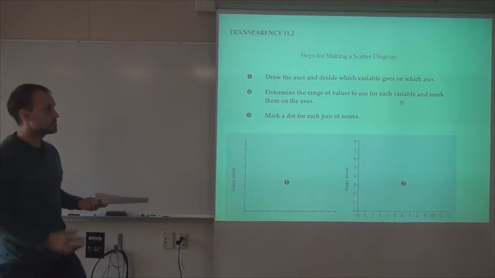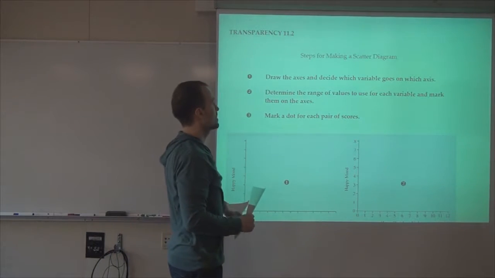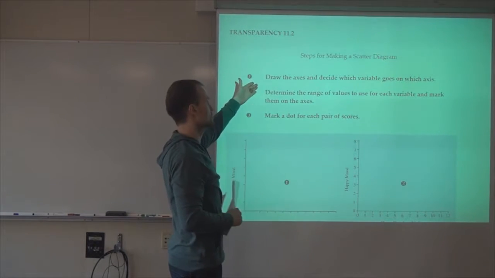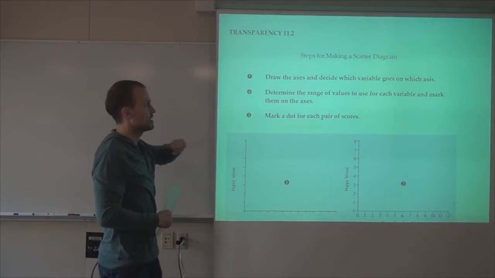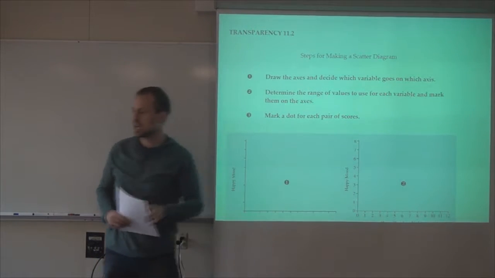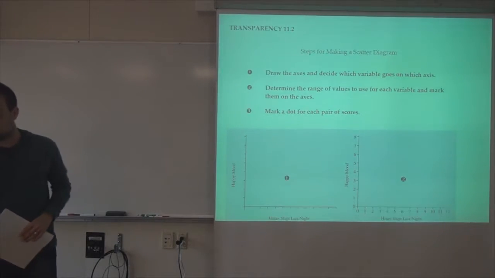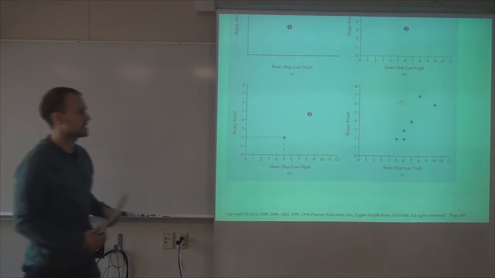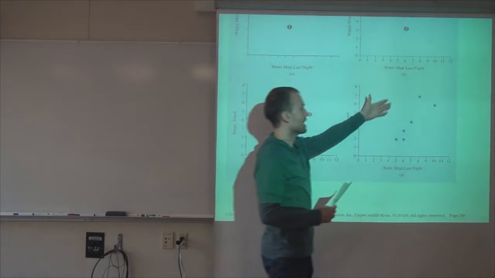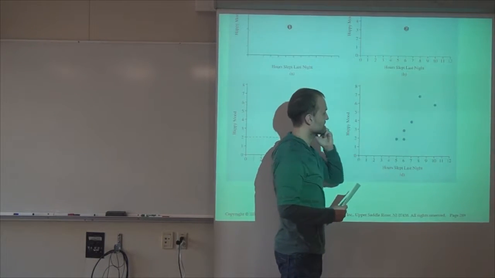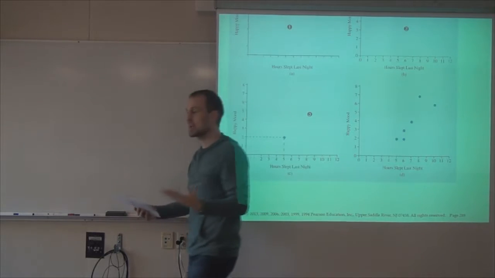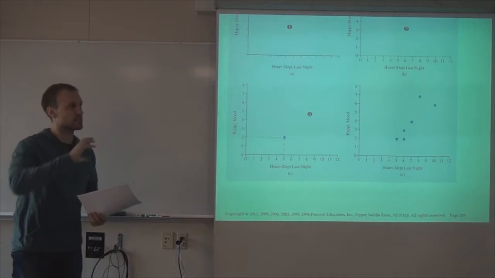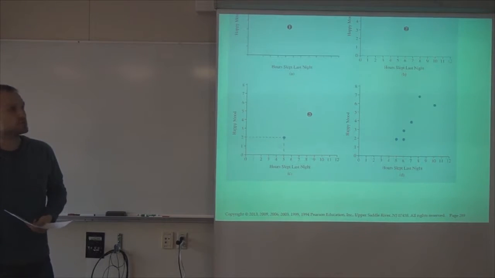So the first step is to make a scatter diagram. I make the horizontal axis and the vertical axis, decide which one goes where, or the question will specify, then see the range of values that I have, and mark them off, and then put a dot for each of the values that we have, and then we want to visually see, what does this suggest? Hopefully I have a large enough sample so that I can see a nice link between the two,